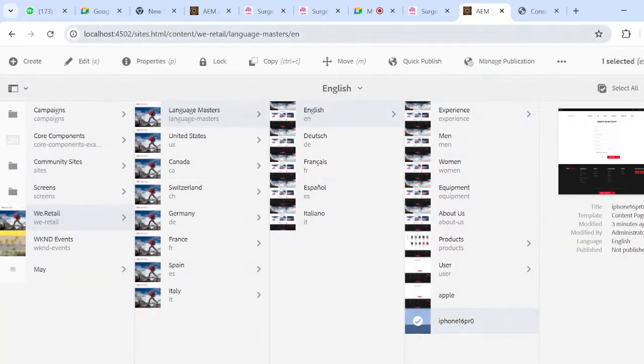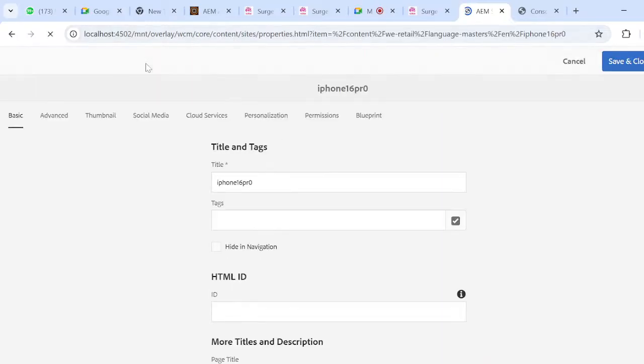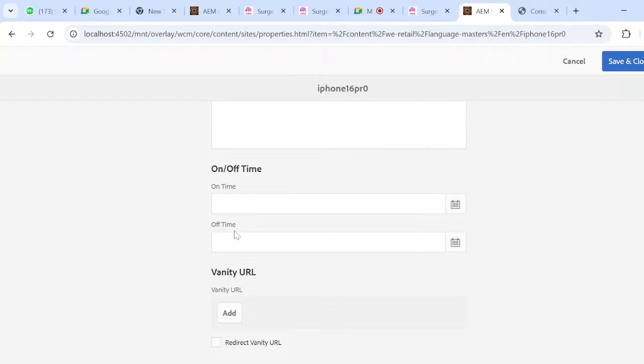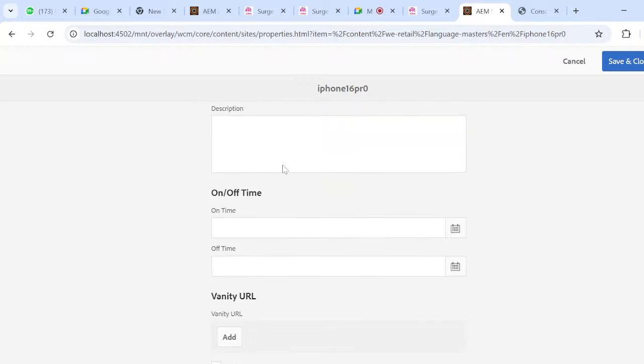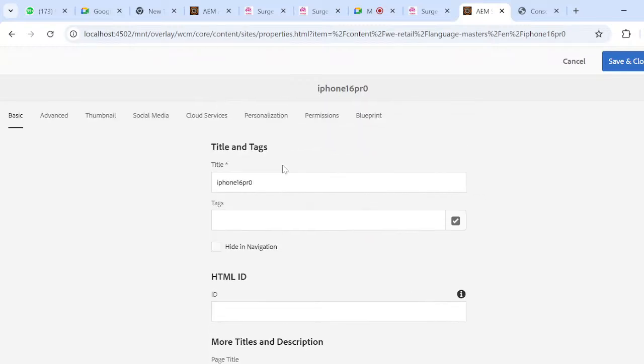If I open the iPhone 16 Pro and go to the properties of that, you will get the information of title, the tags. If you want to add the date and times, all this information comes under the category I would say properties. Next we have